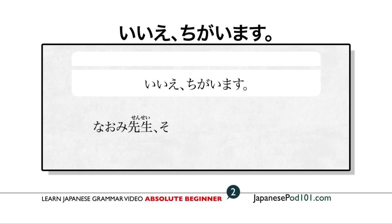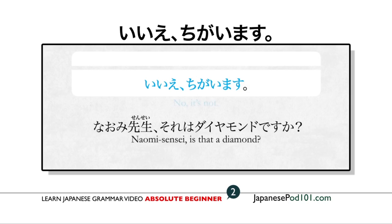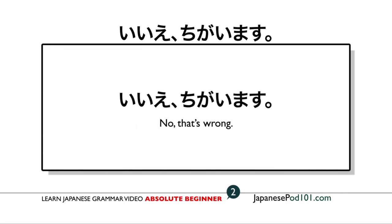Naomi sensei. はい。それはダイヤモンドですか？これ？いいえ、違います。Naomi sensei, is that a diamond? No, it's not. You see, it's really no, but it's basically that's different. It's not a diamond. It's something else. いいえ、違います。